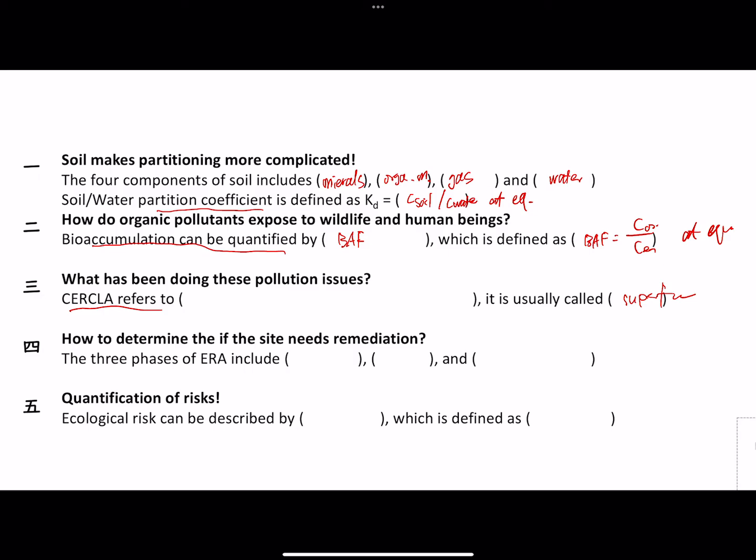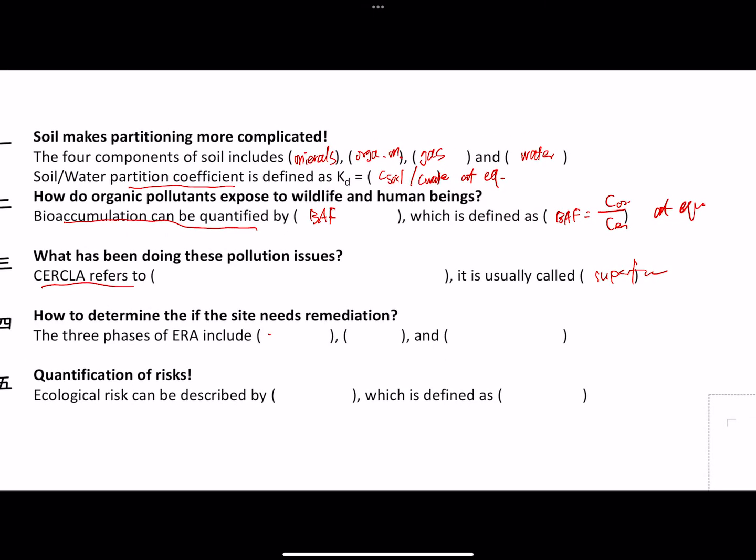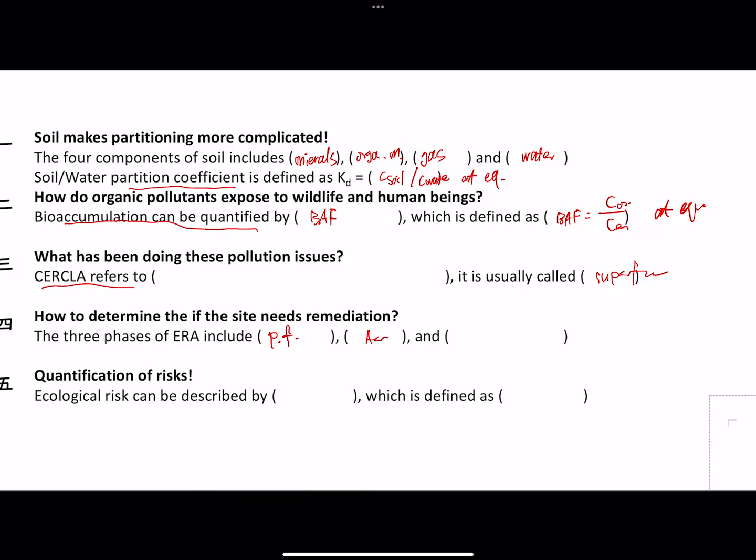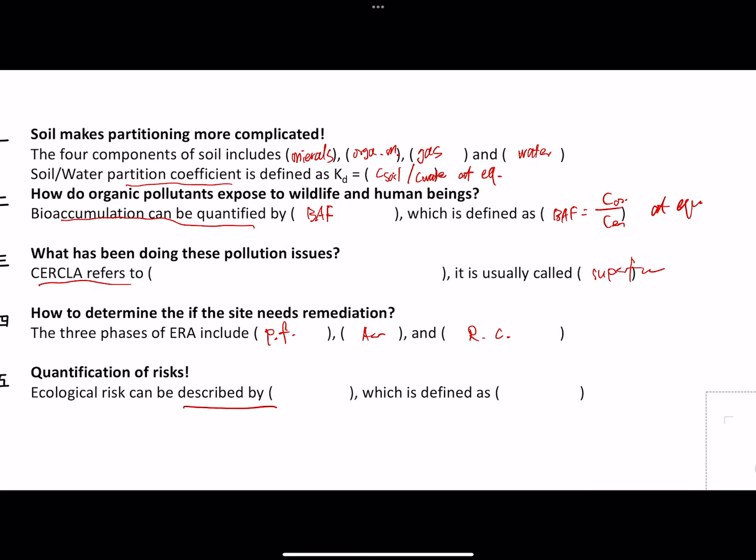And the 3 phases of ERA include problem formulation, analysis, and risk characterization. And ecological risk assessment can be described by the hazard quotient, which is defined as